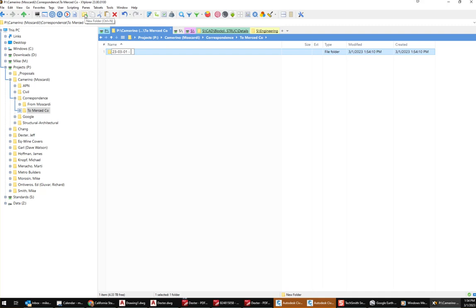This would be 230301, and I'll call it "submittal 01." Everything that I'm submitting would go in there. In this case, I actually don't have those things going on, so I'm not going to submit the directions and the two running calcs. I try to create this document so that you can come in here at any given point and know exactly what I did. I didn't do anything to Merced County today, I don't have a final submittal there, so this is